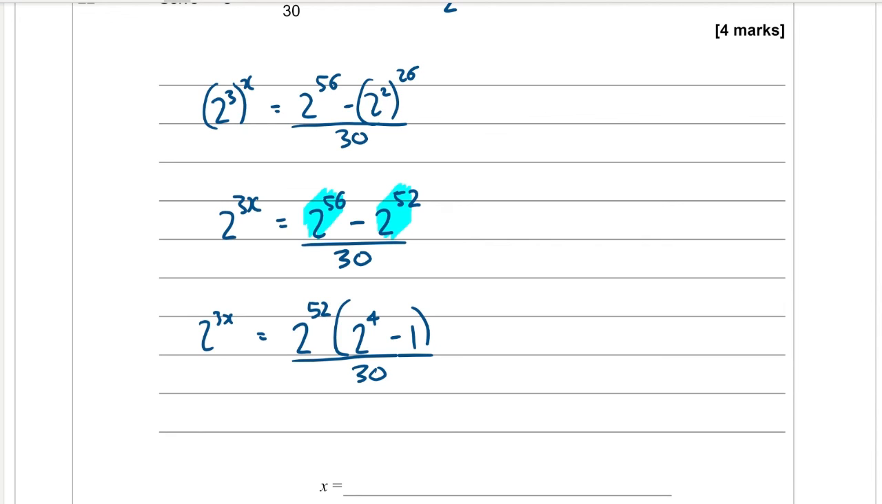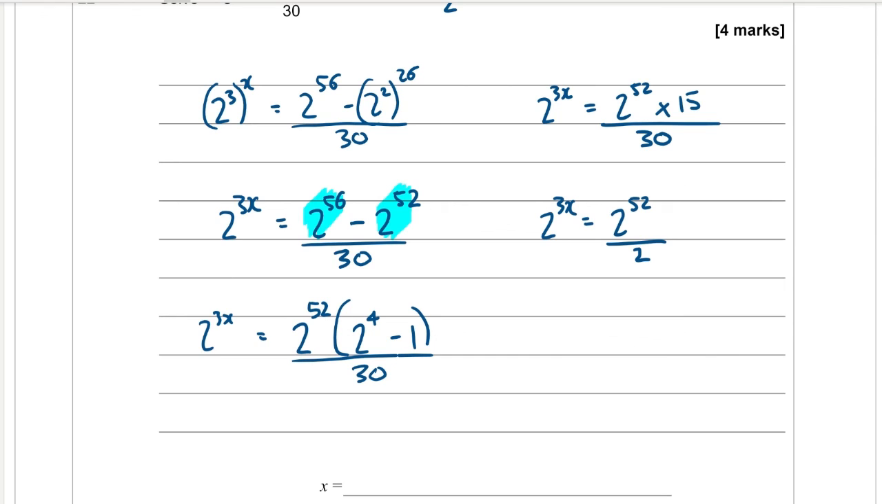Okay, I'm going to move up here. And 2 to the 4 is 16, minus 1 makes 15. So I've actually got 2 to the 52 times 15 over 30, which is going to simplify to 2 to the 52. 15 over 30 is a half, so this is divided by 2,